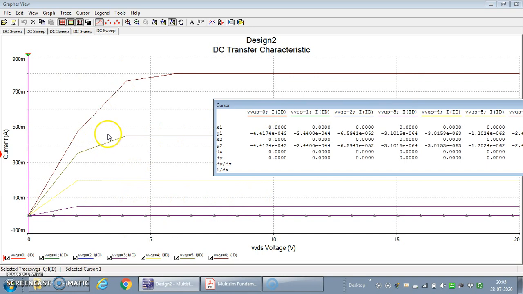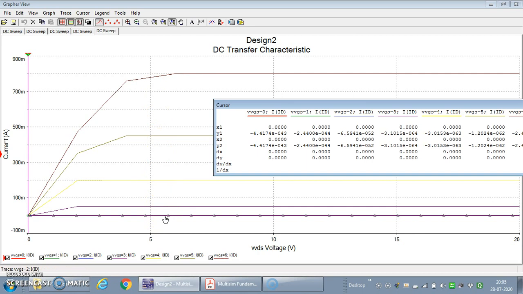So during analysis, what we have done, the first voltage source to be analyzed was the VDS. See here, the VDS is obtained from 0, 5, 10, 15 and 20. So for different values of VDS, this x-axis indicates the drain to source voltage. Vertical axis indicates the drain current. These are the graphs 1, 2, 3, 4, 5. These 5 graphs are for different values of gate to source voltage.